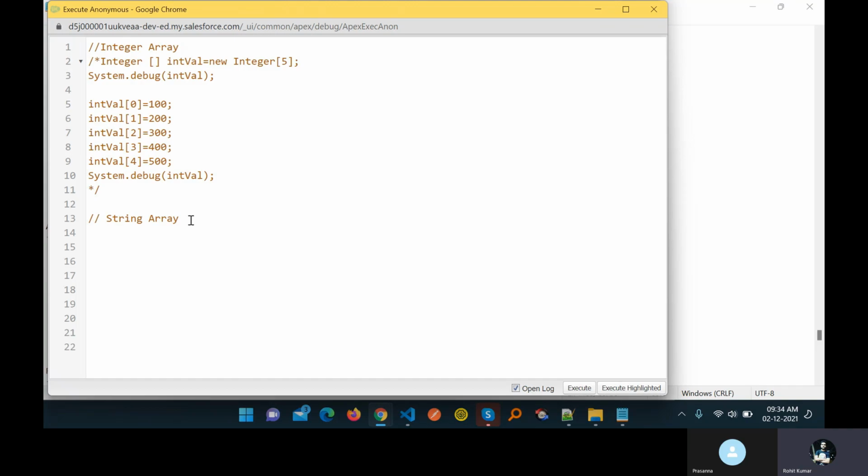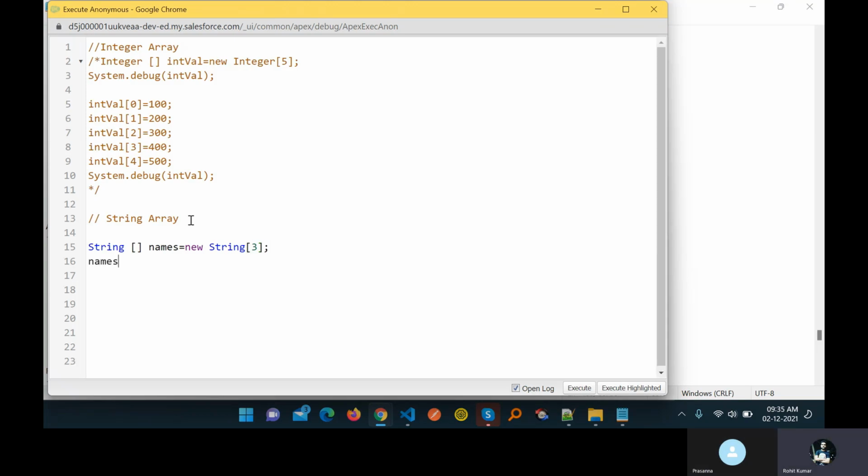And string array, how to define the array? Like string array, how to define that? You can tell me these things. Yeah, the data type. Like string, right? Then you have to define this array symbol. Then the names variable equal to new string, and after that you have to define the size of the array. Which size do you want? I want to store three names, in this names.